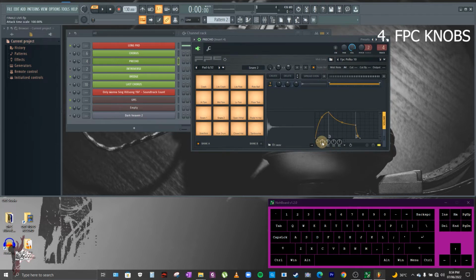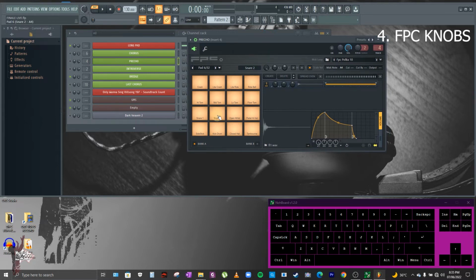Okay, the attack is this one, so it's like when you are clicking this one, it means the sound is fading in. Let's say if this is set to 0, the moment I click this one, the sound immediately appears. But when it's in high, or let's say in max, the sound starts to fade in first the moment I click this one, so it doesn't come out right away.